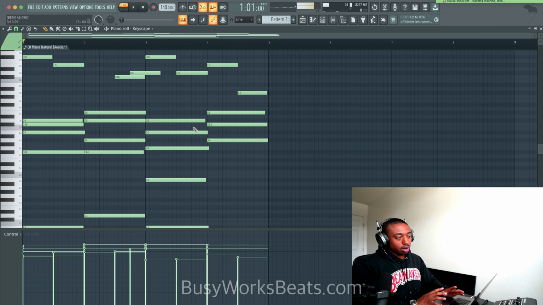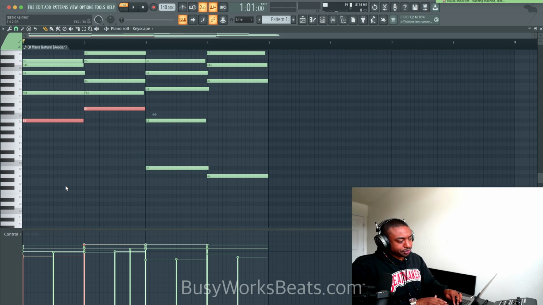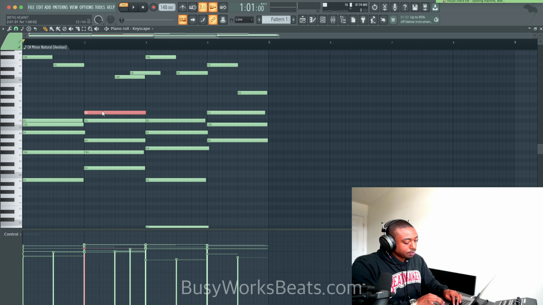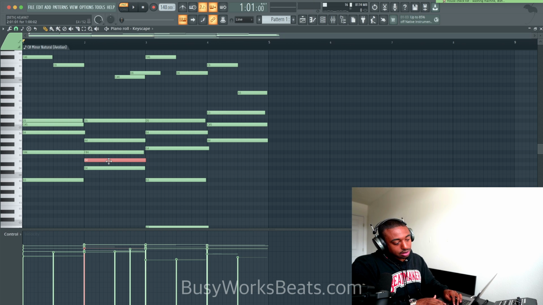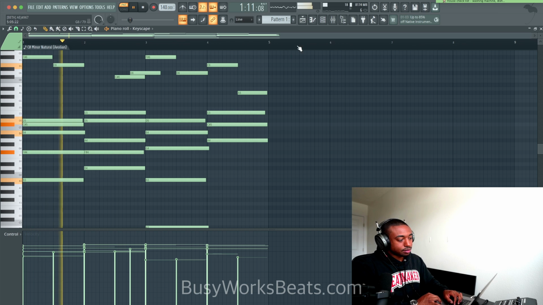So to me, R&B means like 7th chords and 9th chords. I'm not sure why this doesn't give us those chord types. And again, it could be because of the voicing. So this is a 0, 1, 2, 3, 4, 5, 6, 7. So that's a major triad. This is with an added 2. So that's going to be a 9th added. So it's D major, add 9 so far. And then you have a D, which is the same note as the root note. So it's D major, add 9. But they don't use like major 9th chords or minor 9th chords. I don't know why it's not like that. Maybe it's a setting I don't have on.